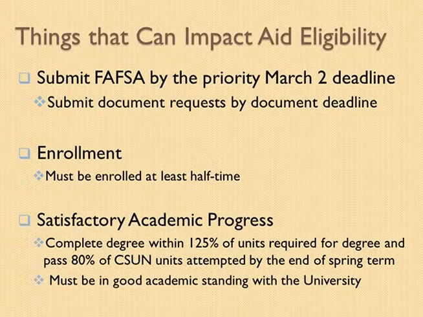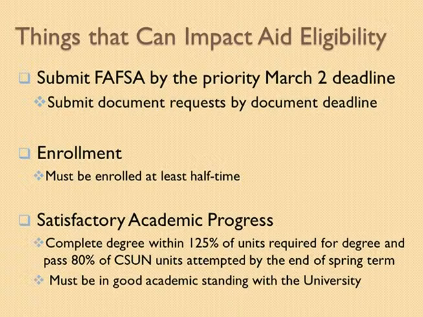The other thing that can impact aid eligibility is satisfactory academic progress. We check satisfactory academic progress on an annual basis at the end of the spring term. And there are several areas where we check this progress. One is we want to be sure that you are in good academic standing with the university. Typically, this means at least a 3.0 GPA as a graduate student. The other area that we check is